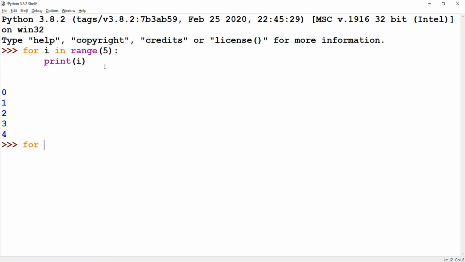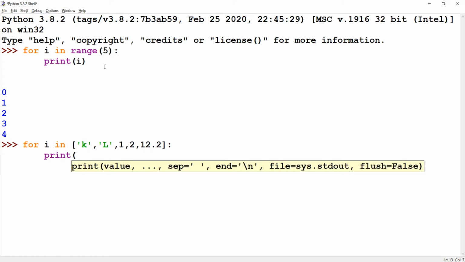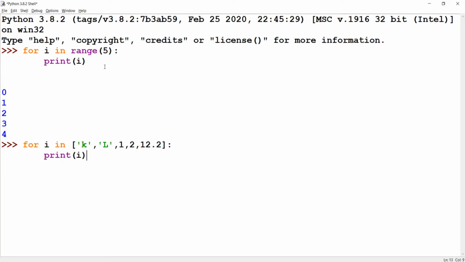Again, for i in a particular list, for example 'K', 'L', 1, 2, 12.2 colon, print i, enter. How will it proceed?